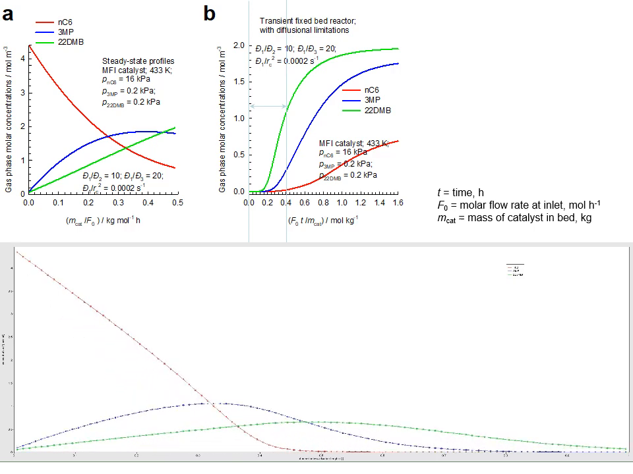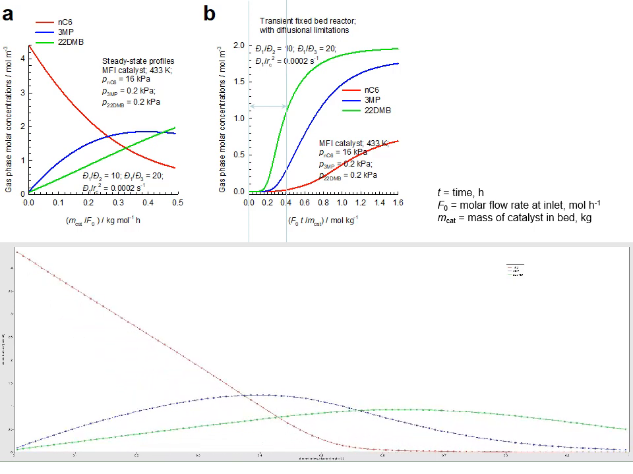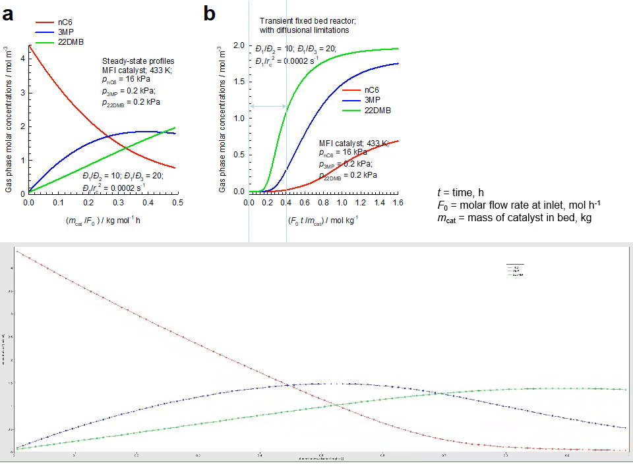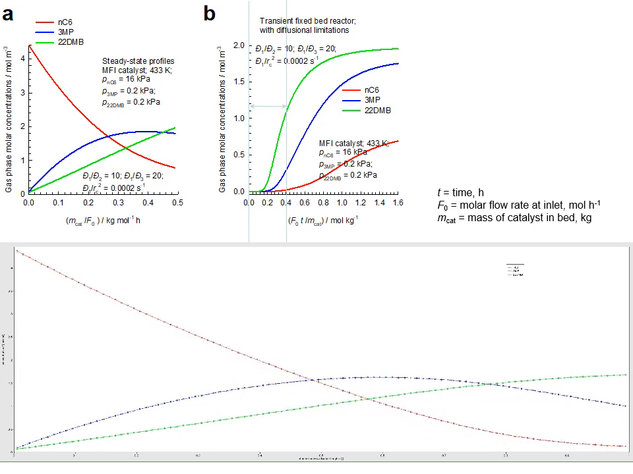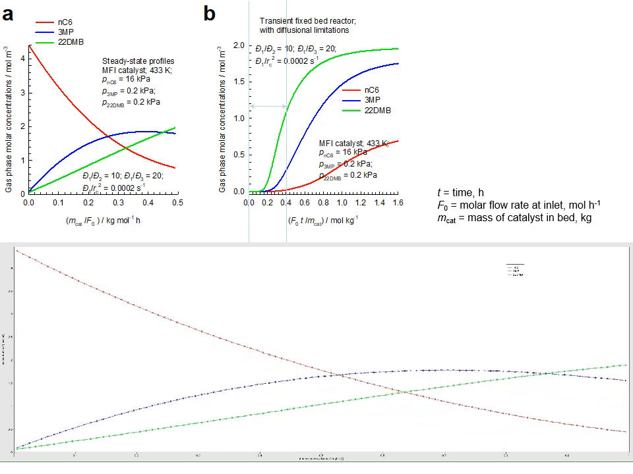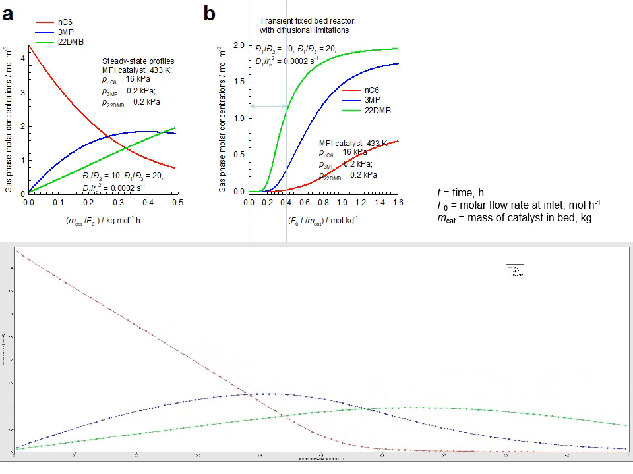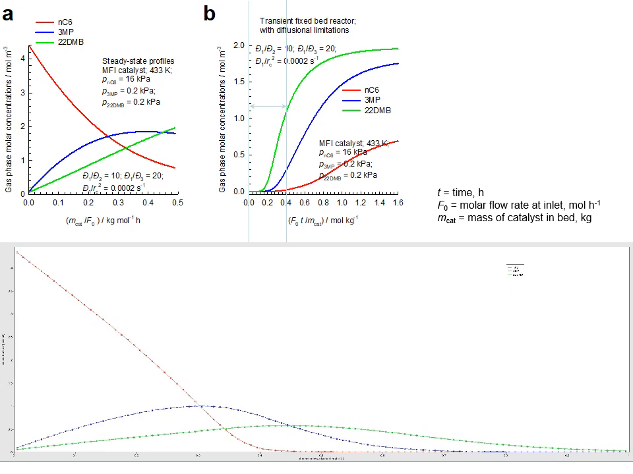Red is NC6, and red, that is NC6, gets progressively converted to produce 3MP and 2,2-DMB, and at steady state they will have the concentration profiles as shown here in the top left-hand graph. But the advantages of transient operation is best demonstrated by running the reactor